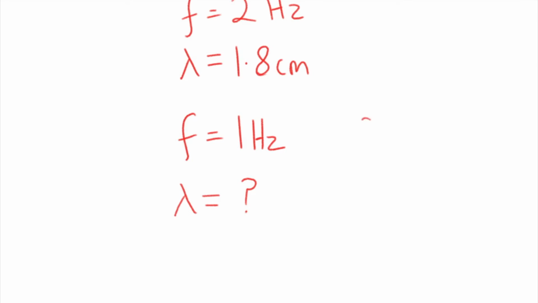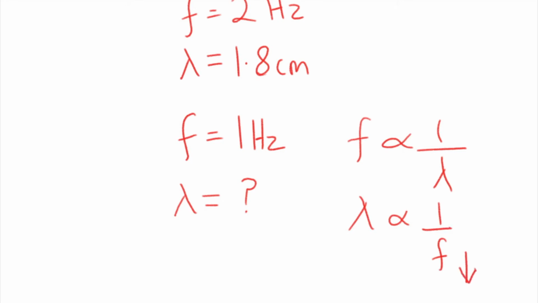And just remember, what we do know is this. Let me write it the other way around. What we're doing there, we're going from 2 Hertz to 1 Hertz. So if that number on the bottom is getting less, we'd expect this to go up. So we would expect then the wavelength now to be 2 times 1.8, which is 3.6 centimeters. So if we go back to this piece of software,